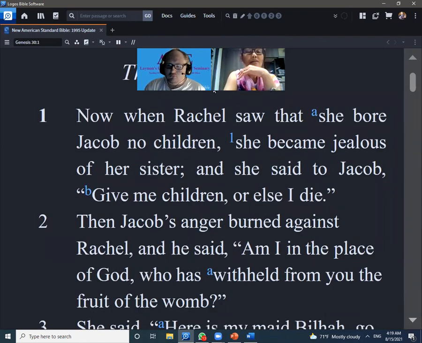Now, when Rachel saw that she bore Jacob no children, she became jealous of her sister, and she said to Jacob, "Give me children, or else I die." Then Jacob's anger